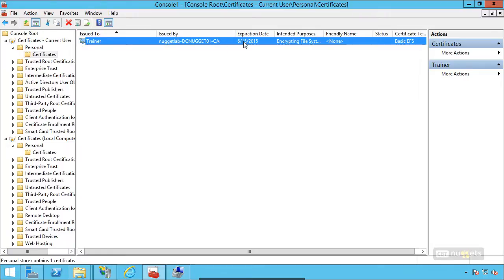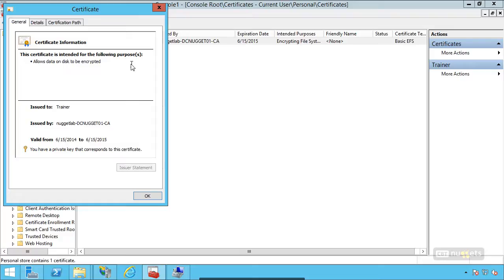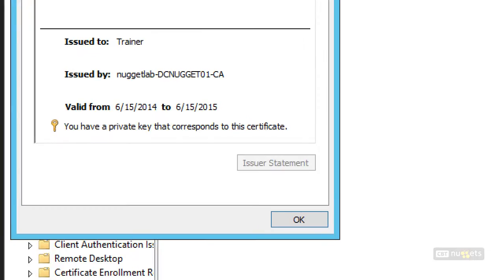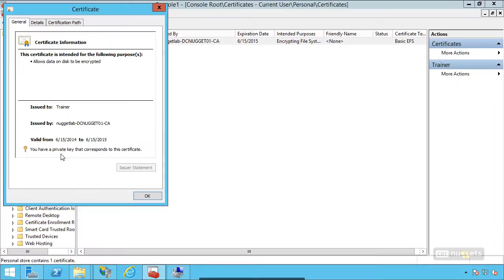This certificate right here has both a public key and a private key. For example, it says right there you have a private key that corresponds to this certificate. It's the private key that's necessary to decrypt this. It was encrypted with a public key, and can only be decrypted with the private key. And so now if I want to back it up, I can do that